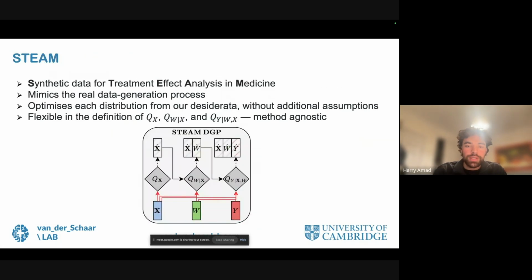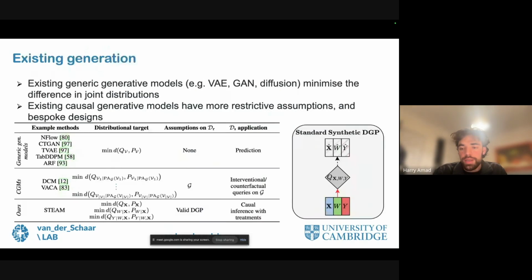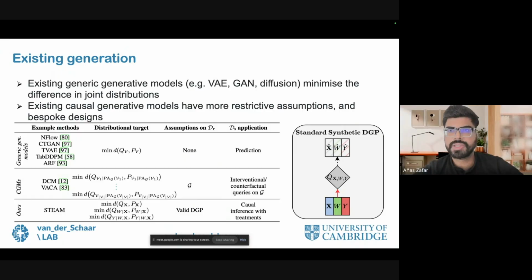Because we impose this three-step process, we're forcing more model capacity to be assigned to the treatment and the outcome variables, which are only one-dimensional, whereas in the joint distribution case, there's no easy way to force these joint distribution models to specifically focus on those one-dimensional conditional distributions. So inadequate model capacity is given to those small but important distributions, if that makes sense. Yeah, that makes sense. Thanks, Eric.